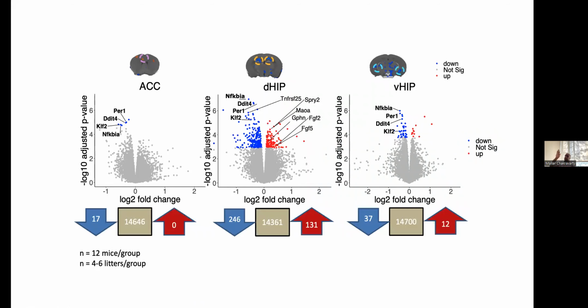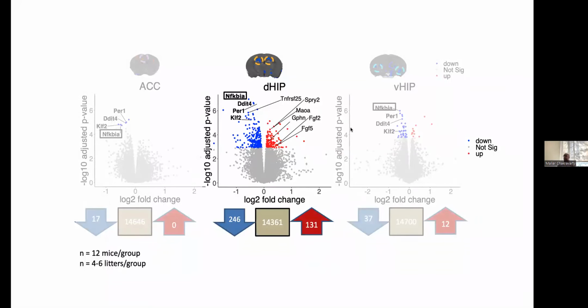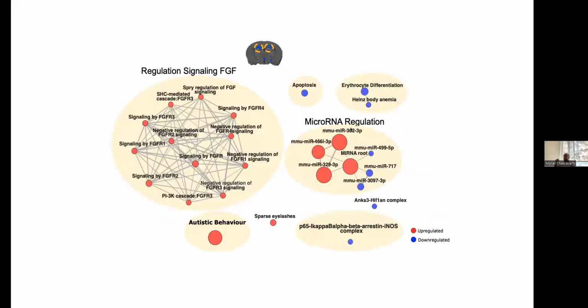And what you can find here on these volcano plots are genes that are upregulated and downregulated in these areas after GD9 exposure. And by far, you can see very clearly that the dorsal hippocampus had the largest preponderance of differential gene expression. And so if we look at the neuroinformatics analysis of that gene expression after the fact, just in the dorsal hippocampus alone, I'm not going to show you the genes one by one, I'm going to show you the results of the enrichment analysis.